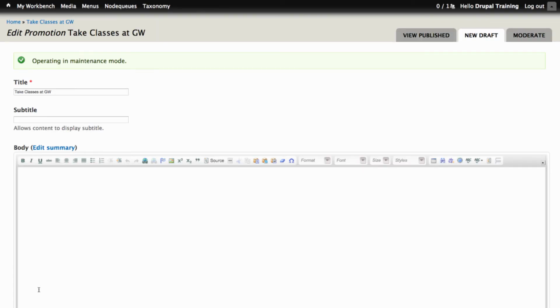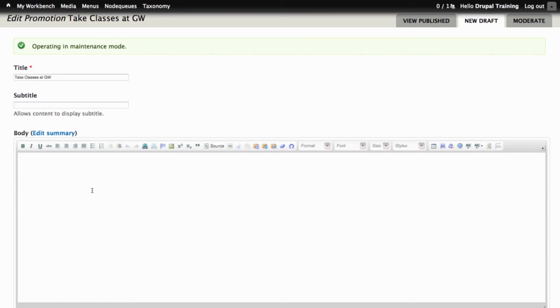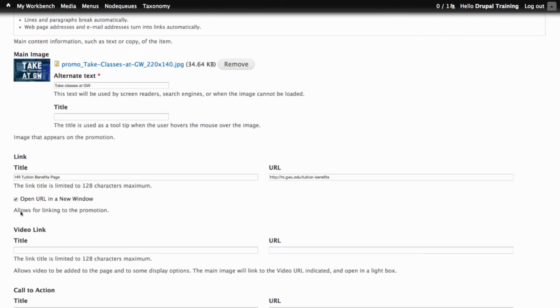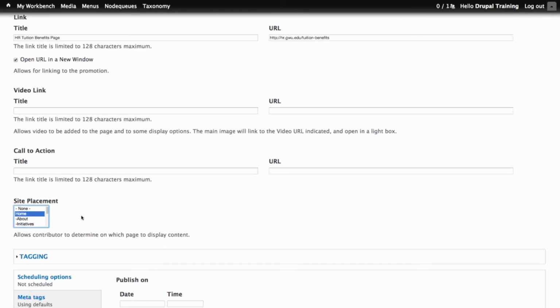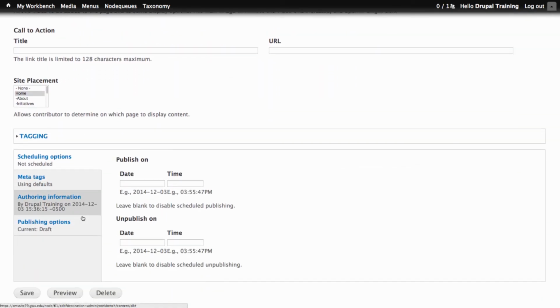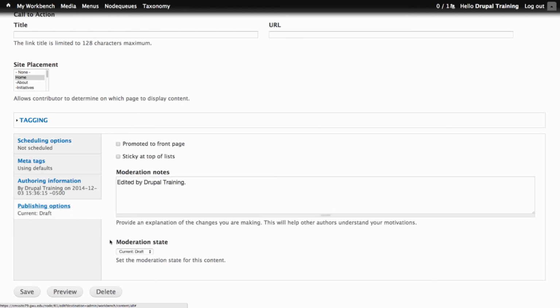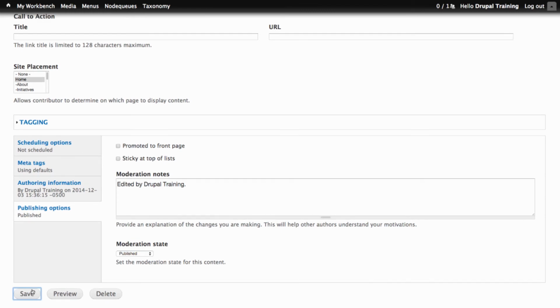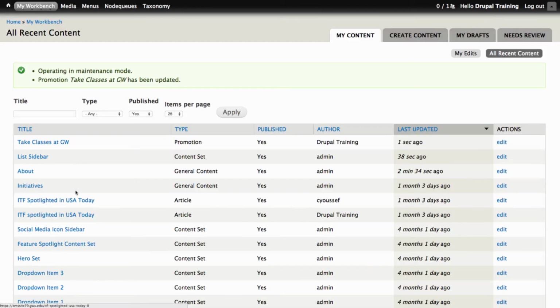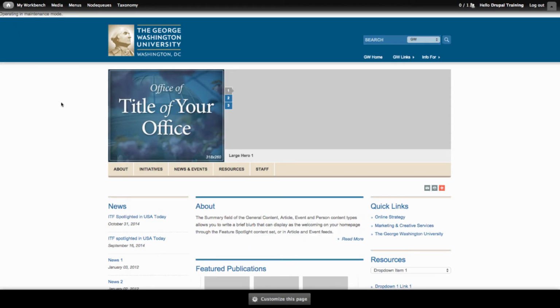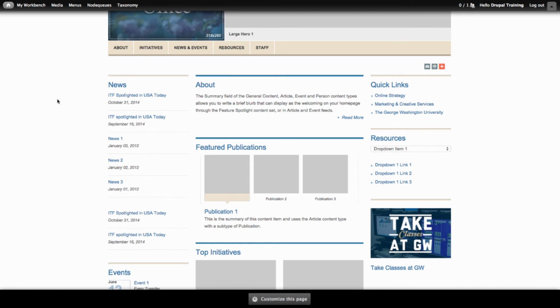I'll click over to my tuition promotion and follow the same steps. Now, once I navigate back to my home page, I can see that my list of quick links and my tuition benefits promotion both appear.